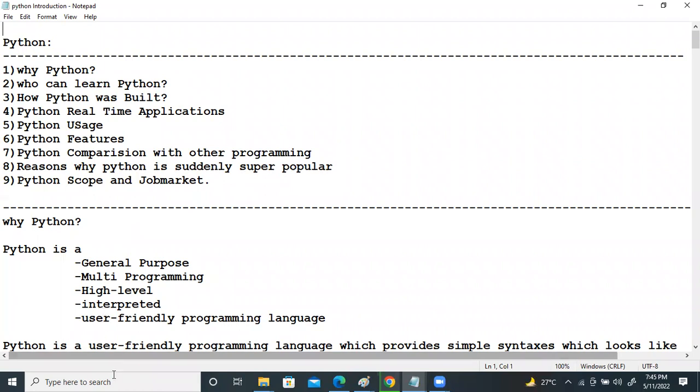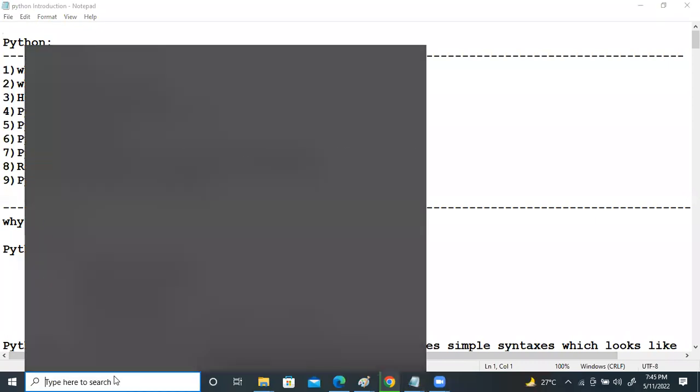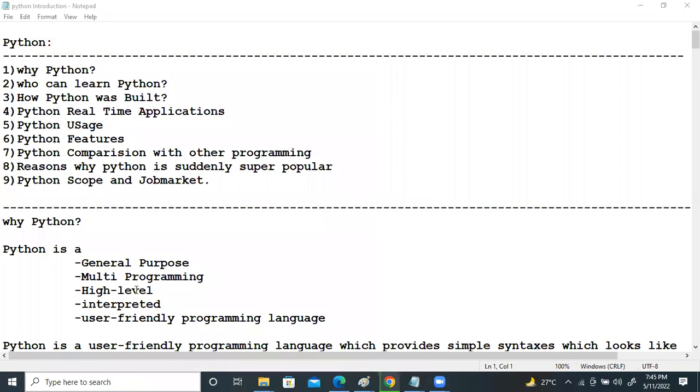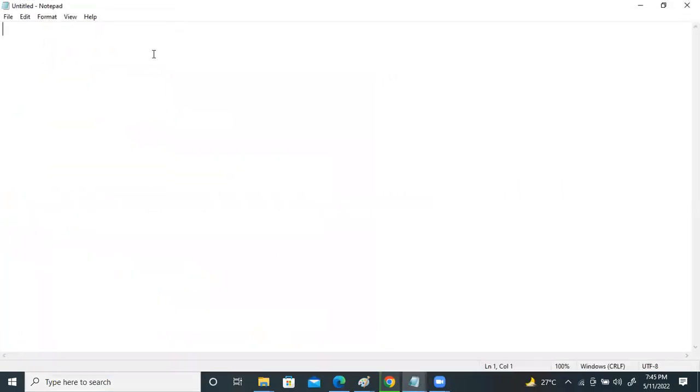Fine. So mainly in Python we see very less coding, right? Very less coding in Python. Not even 1/4 coding as compared with other programming languages.